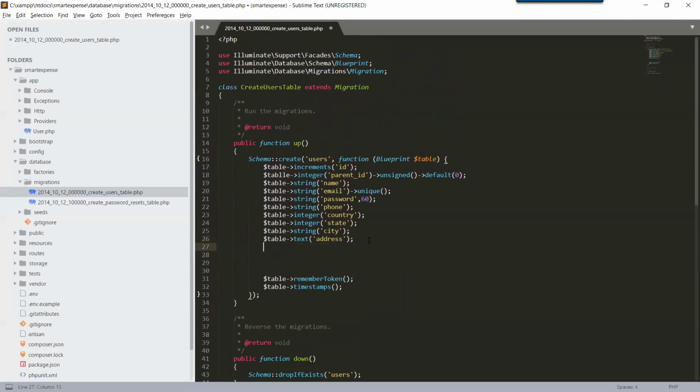Okay, and table postal code that we have required. It will be a varchar string, post underscore code,